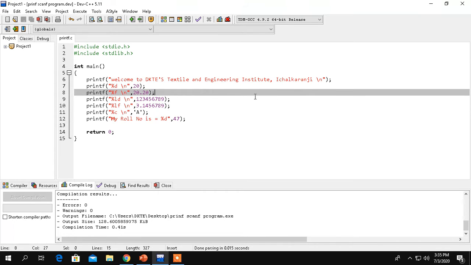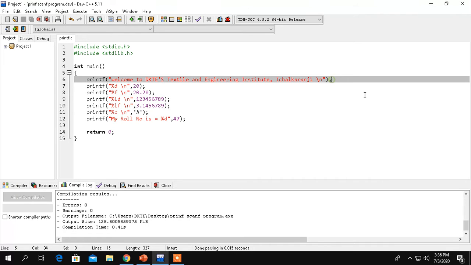Whenever we run this program, as we are having multiple printf functions in a program, we are having multiple outputs. For each and every printf function we are having one single output. In this program we are having a total of 7 printf functions, so 7 sentences we will have as output. To have that output on the next line we have to consider this backslash n. This backslash n is used to have the output on the next line. Now after that we have to consider one semicolon, which marks the successful end of this printf statement.